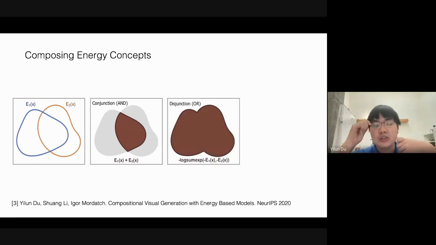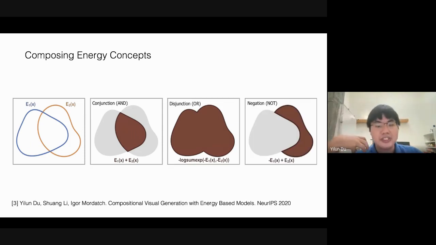Alternatively, I can also try to generate samples that are either in energy function 1 or energy function 2. So in the previous example, it would be both female or smiling faces. And the way I can do this is I can essentially add both of these models, which parameterize probability distributions, and you can sample from the distribution that corresponds to the sum of each individual distribution. And if you do some math, this is approximately equal to this log sum exp expression on the energy functions.